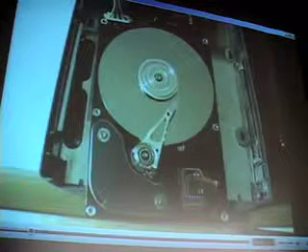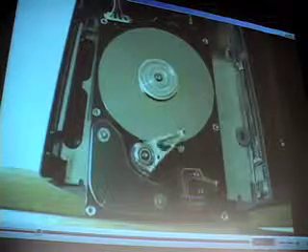If you've ever wondered what that sound is, or that sound,